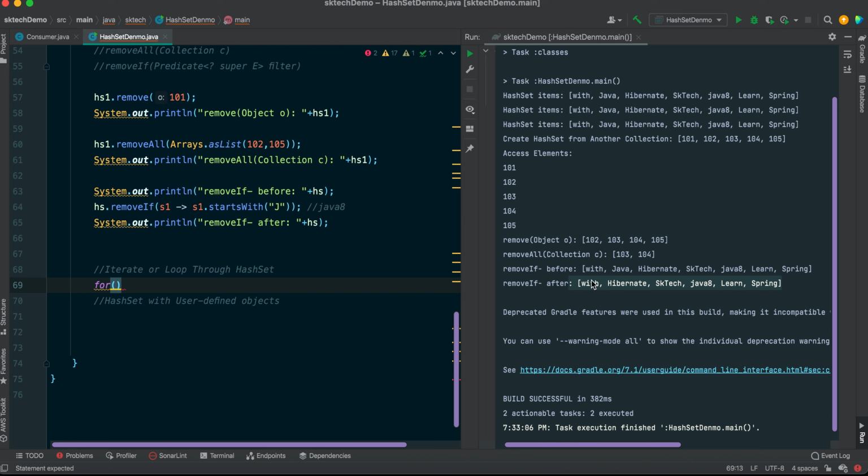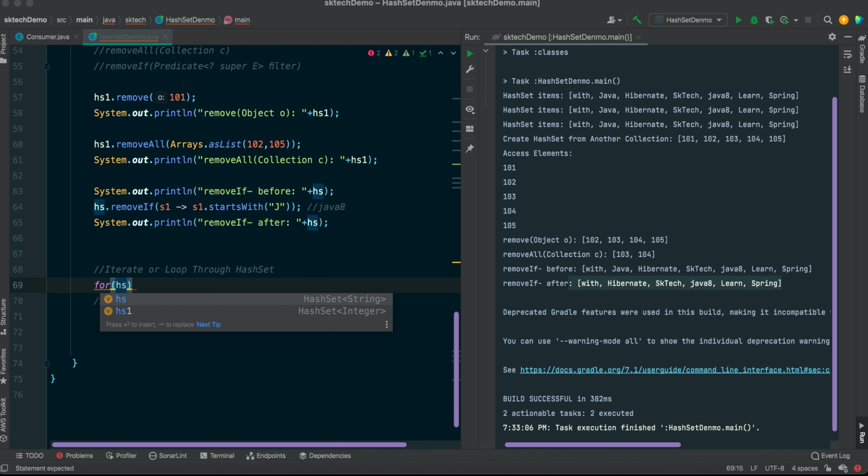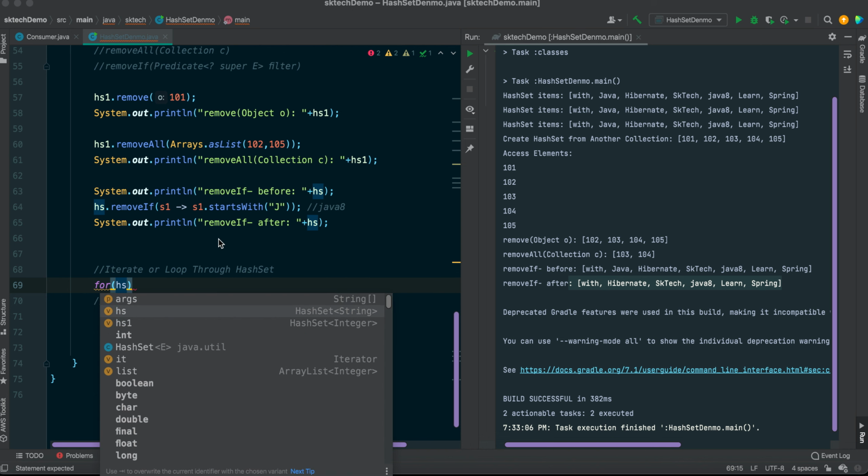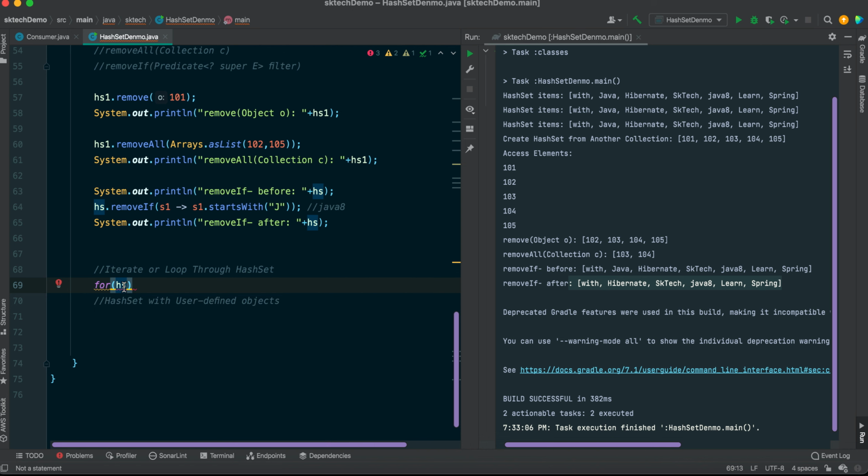We need to provide the collection object name here, because the for loop, or you can say for each loop, will work only on the collection. So the object, then we need to provide a colon, and here we need to provide what kind of data it is going to return one by one. That is the concept of the for each. So it is going to return each element one by one.